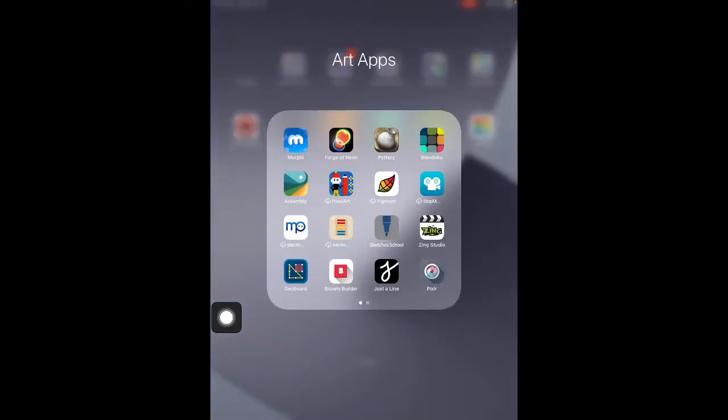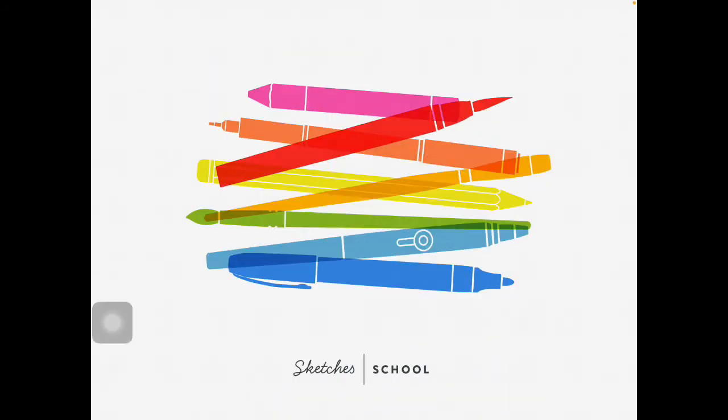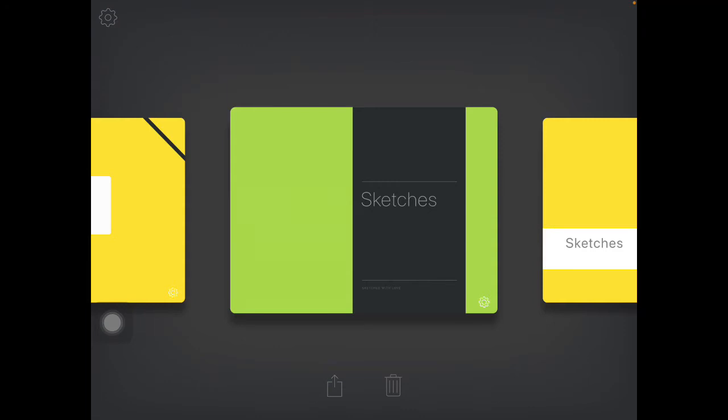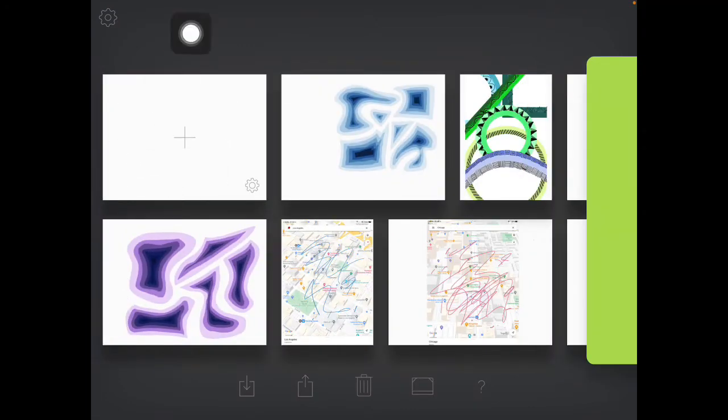So I'm going to go into that app. And I can just click on this green folder here, and then I'm going to click the one with the plus. That's going to add a new artwork. And today we are going to be working on